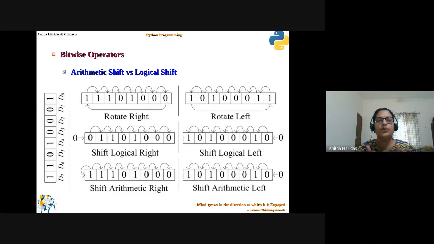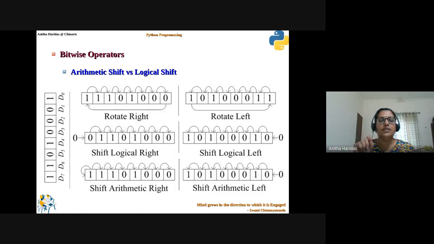But if it is a negative value, then your logical shift right is different from arithmetic shift right. I repeat, if it is a negative number, logical shift right is different from arithmetic shift right,